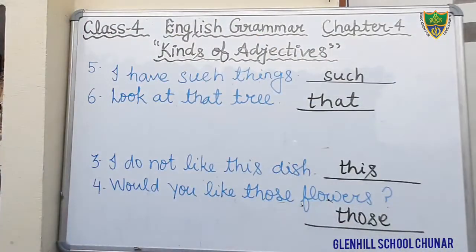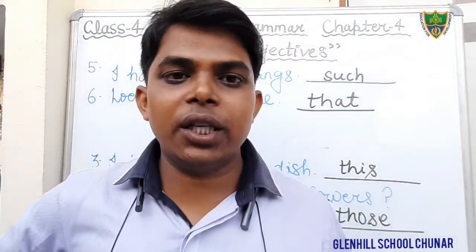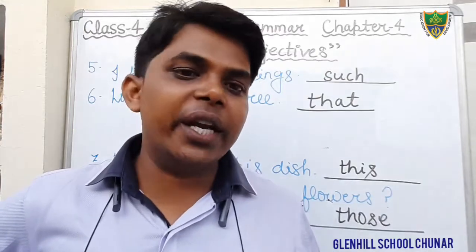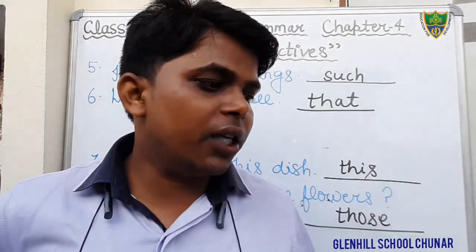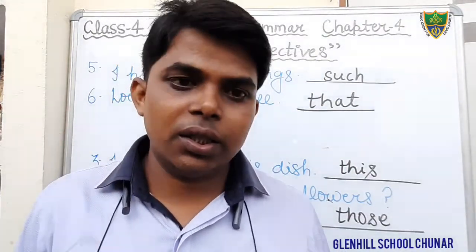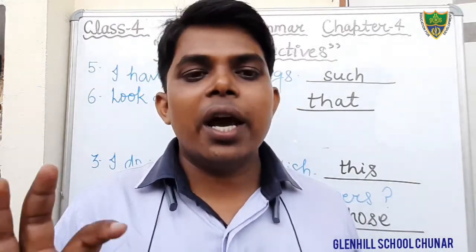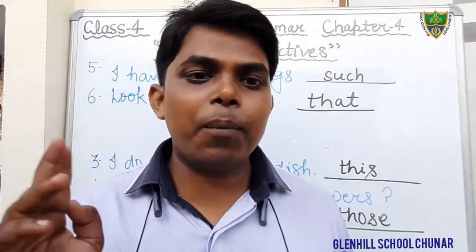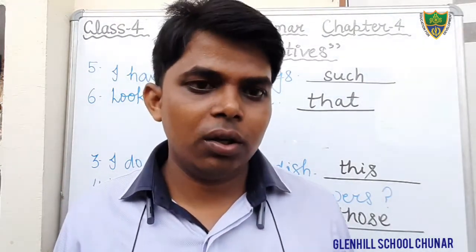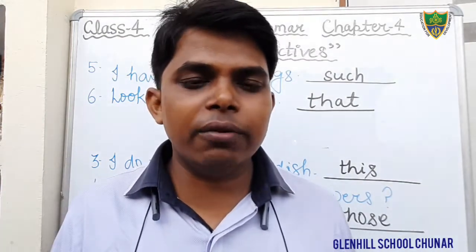Now we will discuss exercise number 3. Just see exercise number 3. In exercise number 3, what is given here? Fill in the blanks with the appropriate forms of adjective. Appropriate means suitable form of adjectives given in the brackets. Here you have to give the degrees. There are 3 degrees, I have told you: positive degree, comparative degree, and superlative degree. Yes students, I have told you in the positive degree there is no comparison at all. That is the simple adjective, you can say. There is no comparison with anyone.